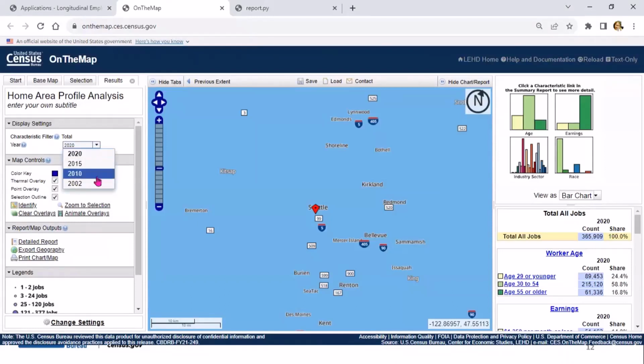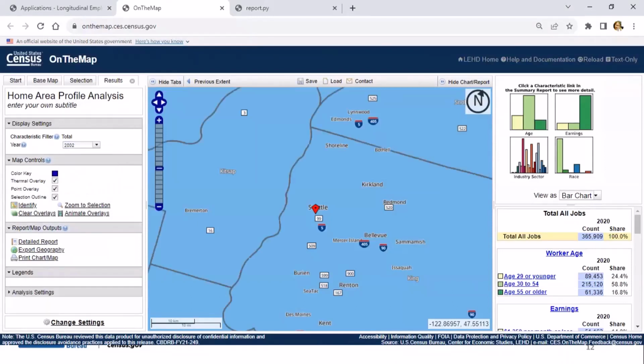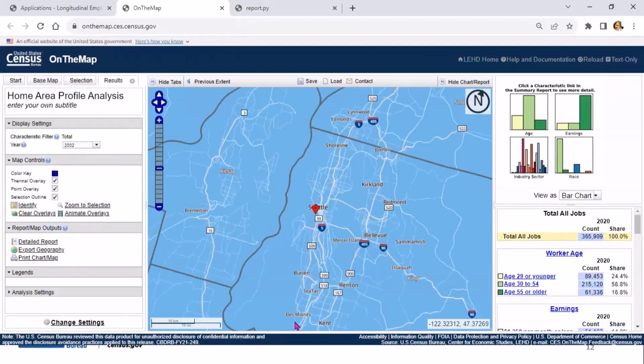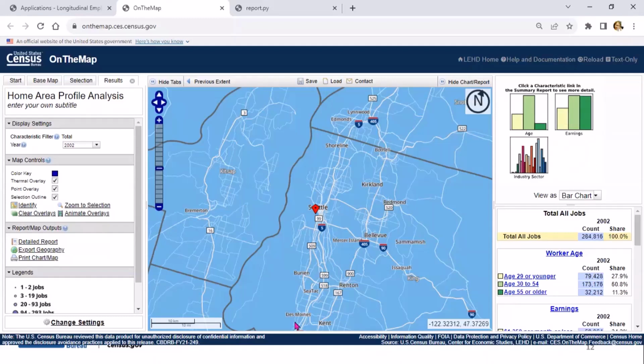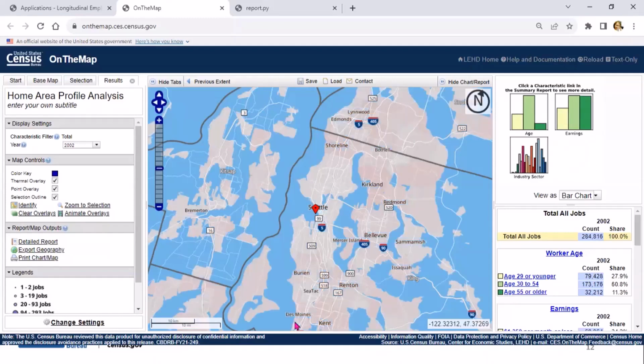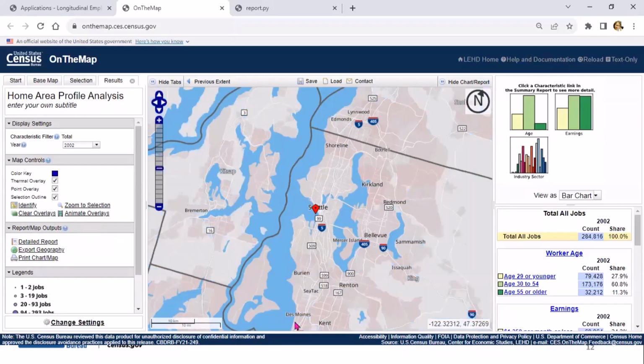I'm going to change it to 2002 so we can see it better. All right, so back to the questions as soon as those points come in.